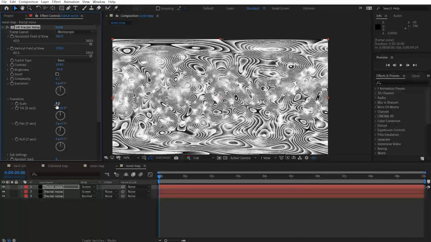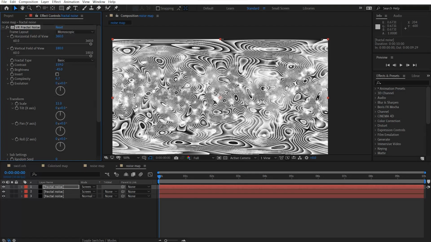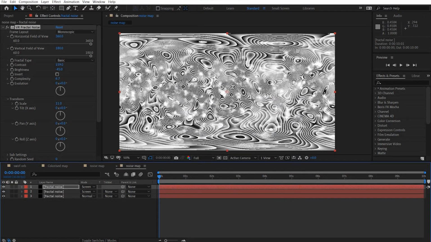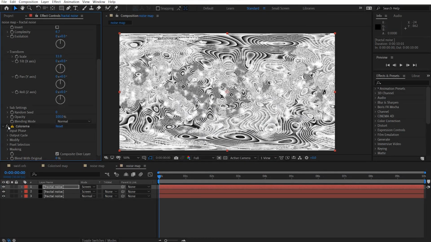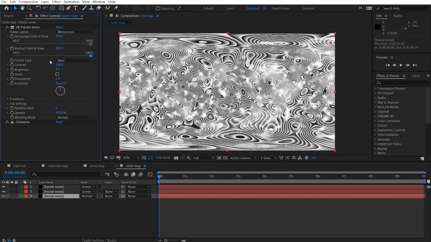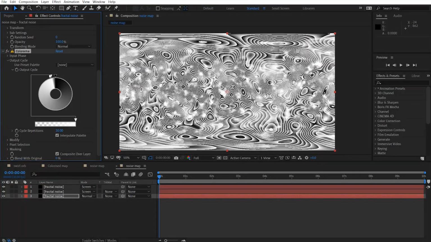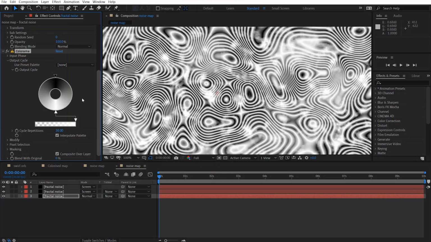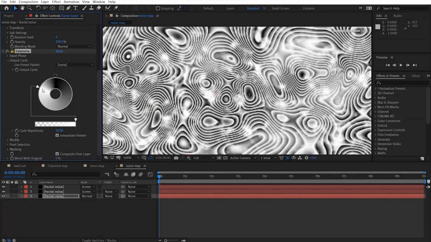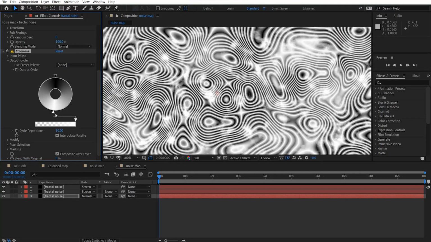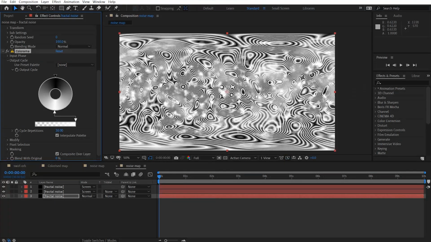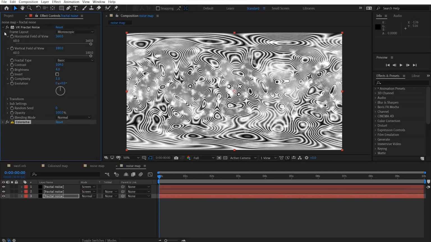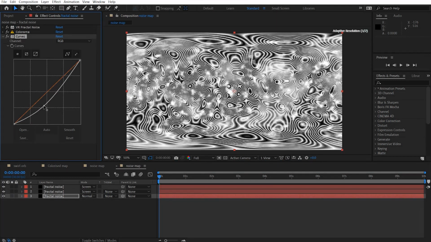Might even turn up the transform a bit, get a little bit like 11. Okay, so that is looking not too bad. And I'm just going to play around with these swirls here. So with the Colorama effect, I might bring that white shift down here, so that if you look at this, we get a bit more detail. I guess it looks better with that. And with the curves adjustment, just play around with that contrast